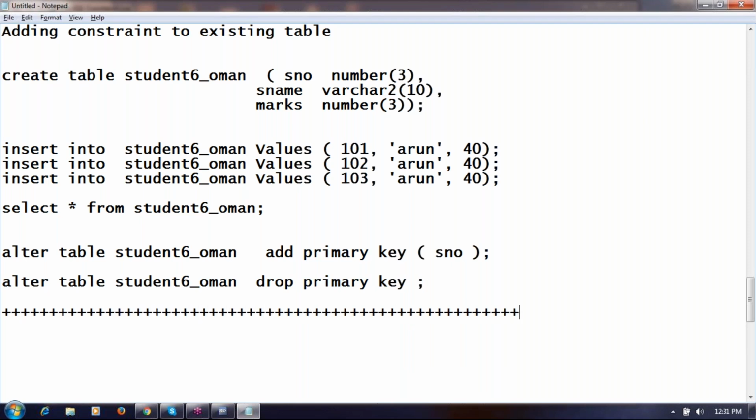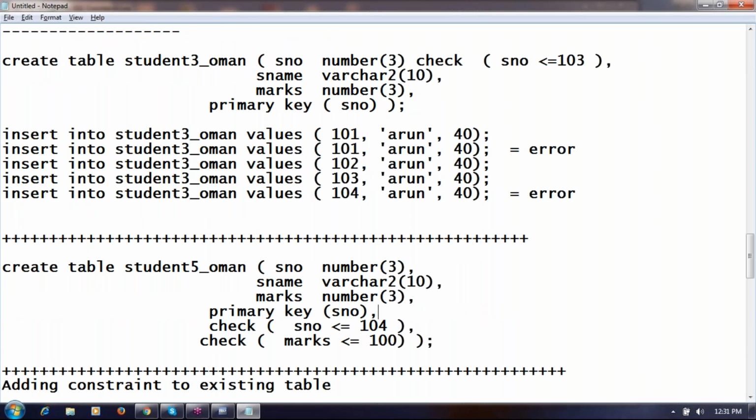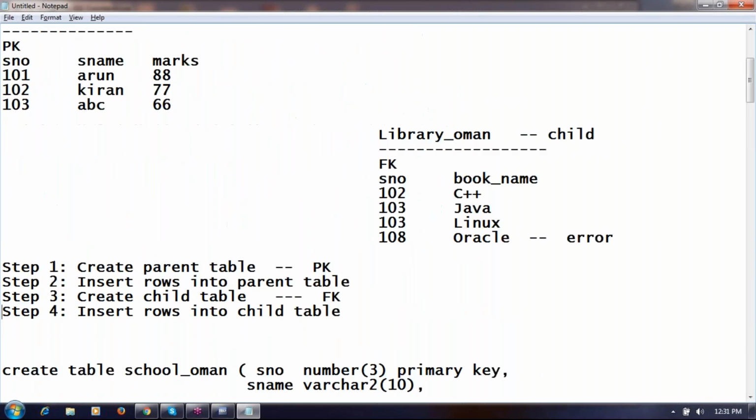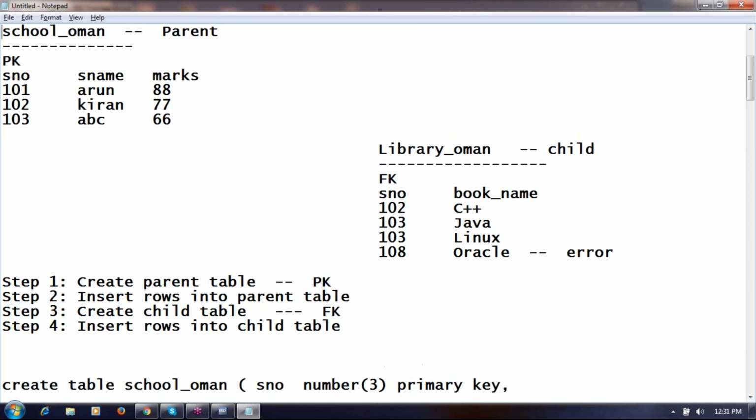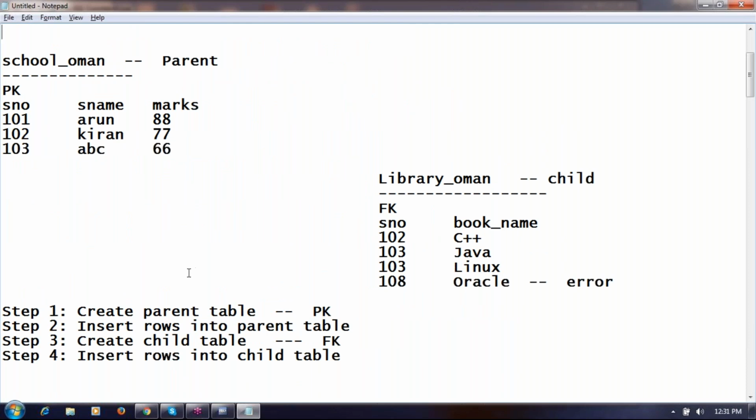Suppose there is a child table. If you are removing, you cannot delete a record from the master table, the primary table, because there is referential integrity in the child table. Let's say 102, you cannot delete. If I want to remove it, then what is the process? I have to delete it from 102, and then I have to...